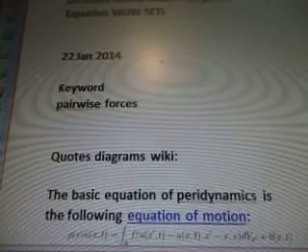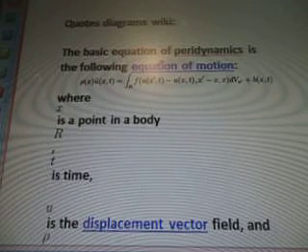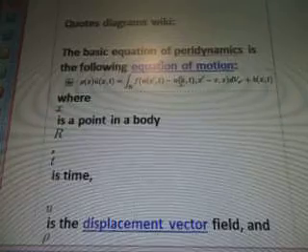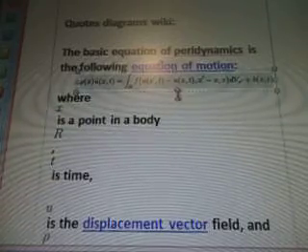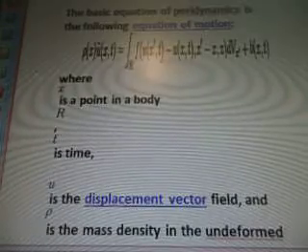January 22nd, 2014, the keyword is pairwise forces. Quotes and diagrams are from Wiki. The basic equation of peridynamics is the following equation of motion. And I don't think you can see that, it's kind of so small. There, a little bigger. Where x is a point in a body, r, t